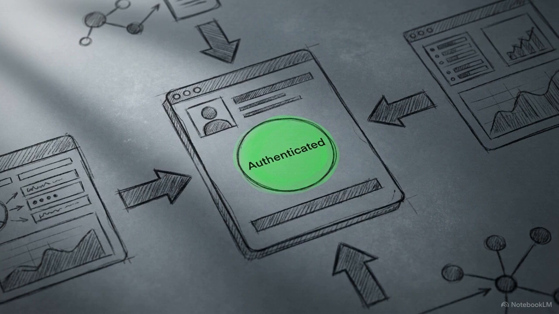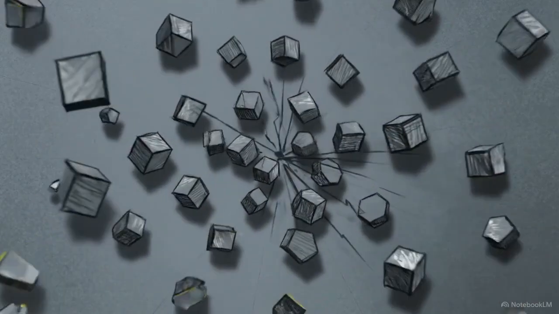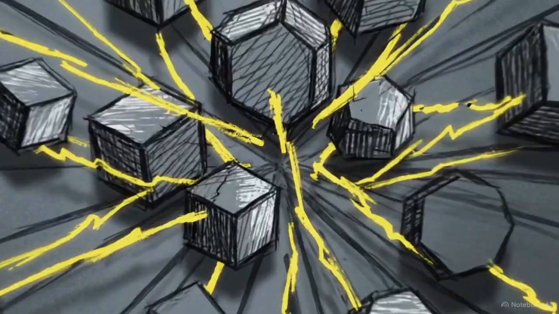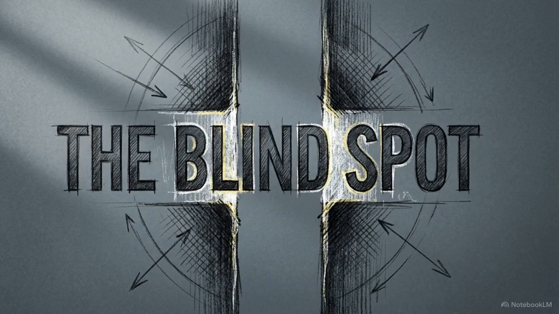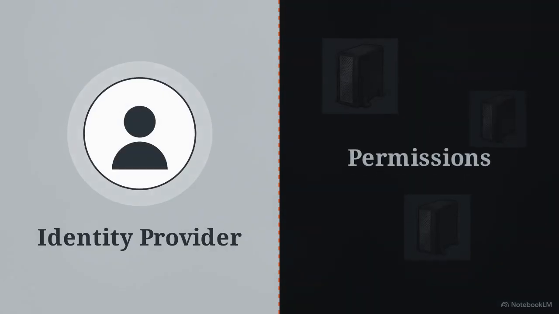Enterprise architecture has successfully solved identity. When a user logs in, they pass through a centralized authentication control plane. But when we ask what that user is actually allowed to do, that centralized control shatters into a chaotic map of fragmented microservices. We call this space the authorization gap.